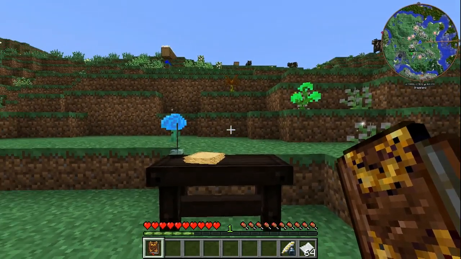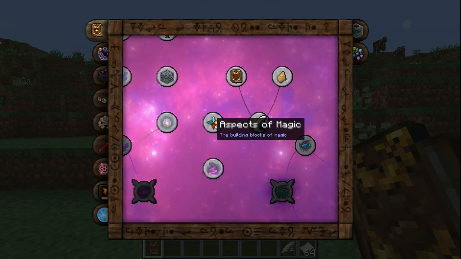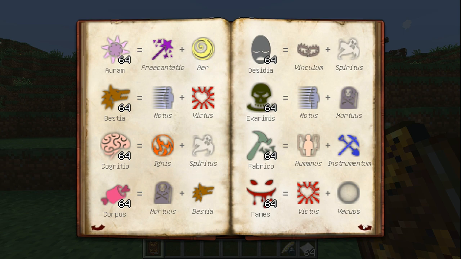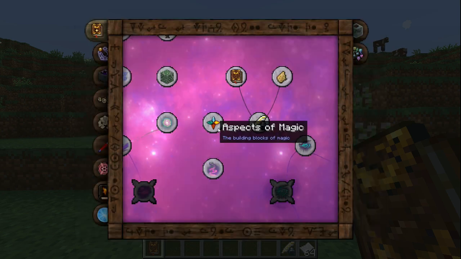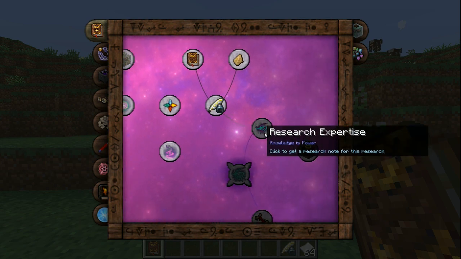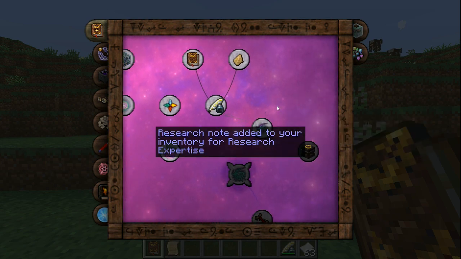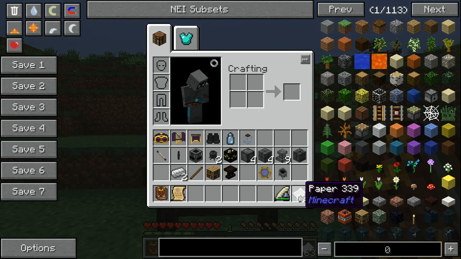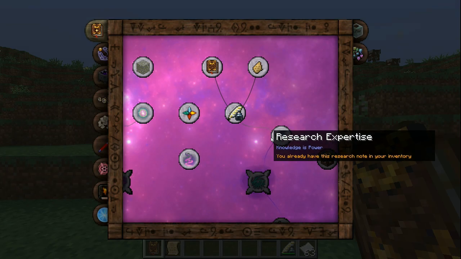After you get your Thaumonomicon, you're going to want to find all the aspects. I covered how to get the aspects in a different video. Anyways, I have all of them. The first thing you want to do, I highly recommend, is get research expertise. This is the first one you want to get. All you got to do is go in your Thaumonomicon, have some scribing tools and some paper in your inventory, and then just click once, and that will give you